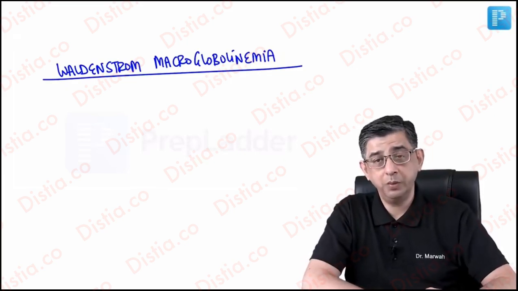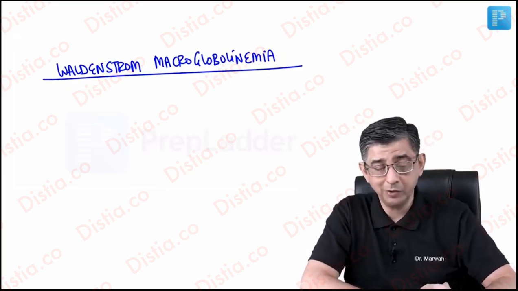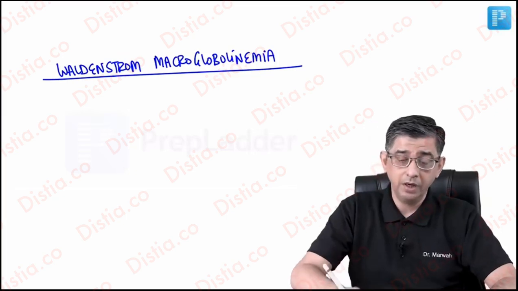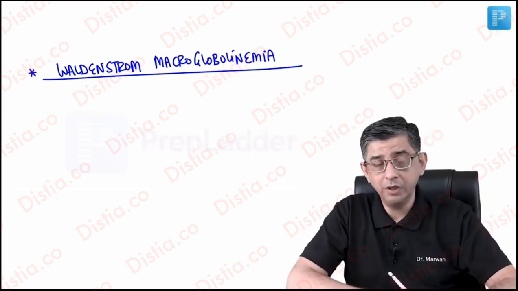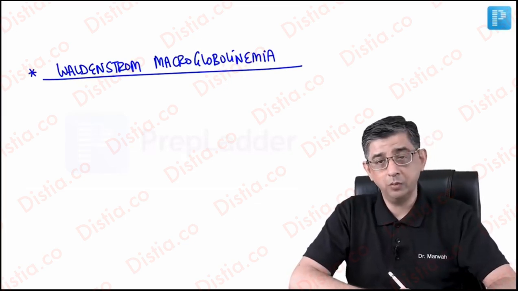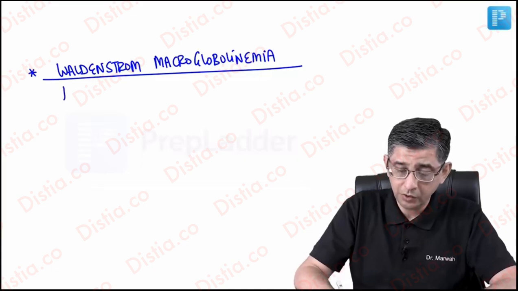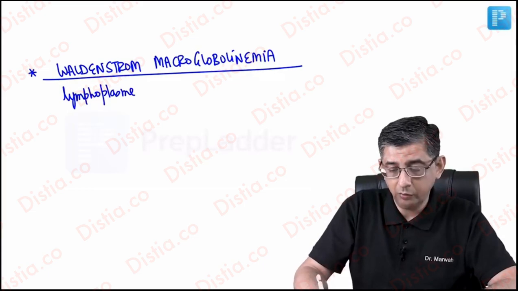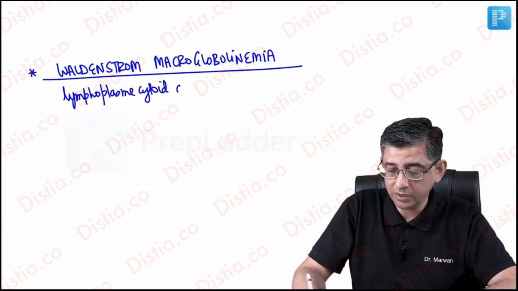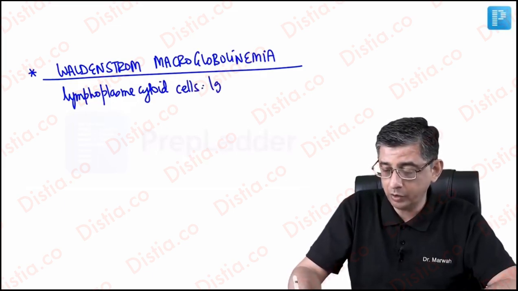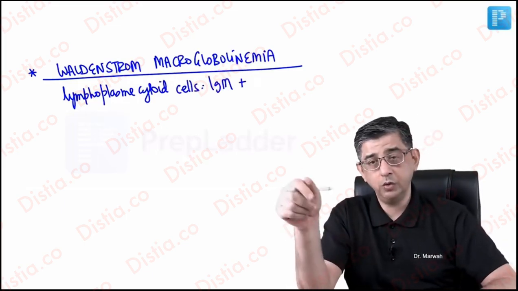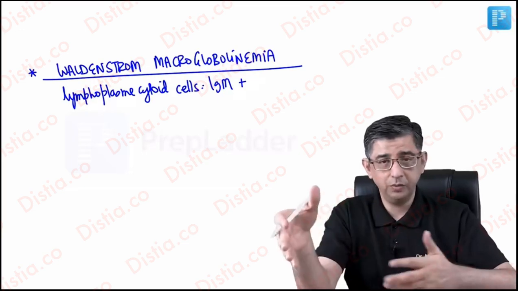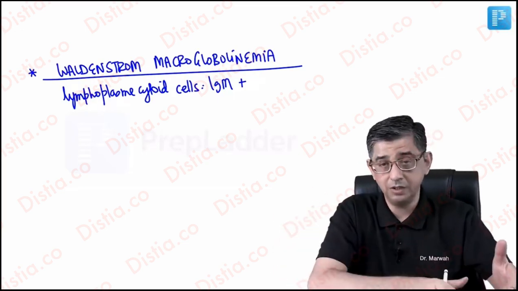The last time I spoke about this disease was in hematology, and I told you that Waldenstrom macroglobulinemia would be producing the IgM class of antibody that could be responsible for Coombs positive hemolytic anemia in a patient. When you listen to the discussion of cold agglutinin syndrome, you will hear me talking about Waldenstrom macroglobulinemia. This is definitely a tumor of lymphoplasmacytoid cells, and what these lymphoplasmacytoid cells are doing is causing excess production of immunoglobulin. So like in multiple myeloma, you have a defective immunoglobulin G and light chains of antibodies being produced in large amounts, and IgG is defective.